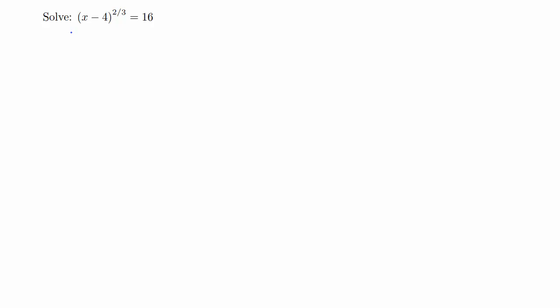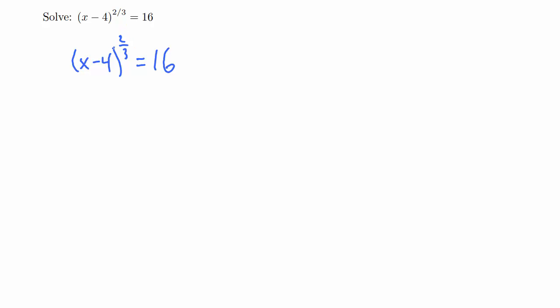Hello. In this example, we're going to solve another rational exponent equation, basically a radical equation. In order to solve this, we need to figure out what we need to do, of course. So (x - 4)^(2/3) is equal to 16. And solving, of course, means getting the x by itself, which means I need to get rid of the 2/3